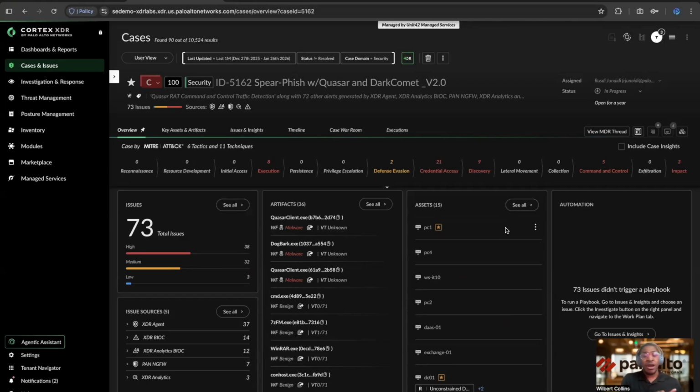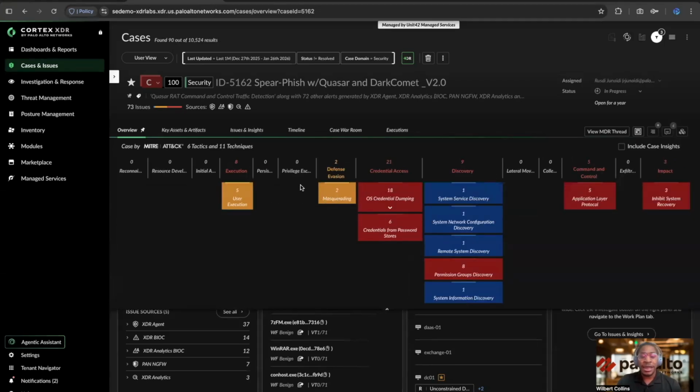It's affected or it's a critical asset from here, as well as the automation piece, which I will show another case soon that shows how our playbooks are being utilized and showing if it's been remediated or it needs your attention, it's going to show up here. One thing I want to mention here is the execute is showing the MITRE ATT&CK framework and how every one of these issues aligns to the MITRE ATT&CK framework and where it aligns here. So we had 18 issues that align with OS credential dumping and whatnot.